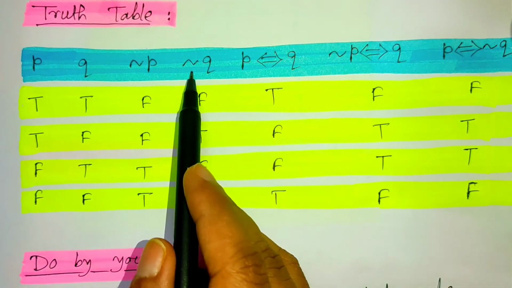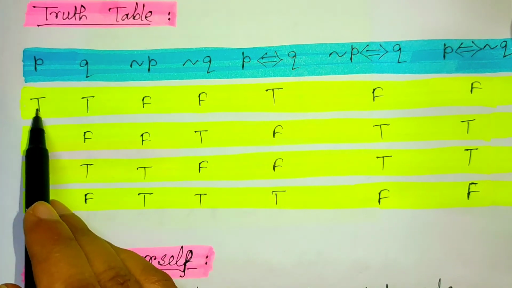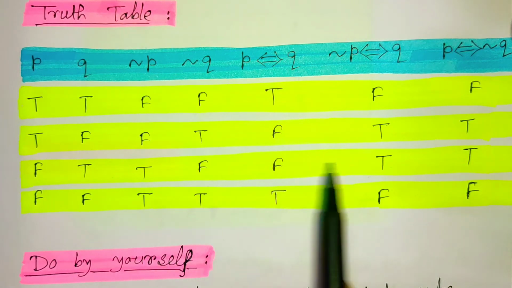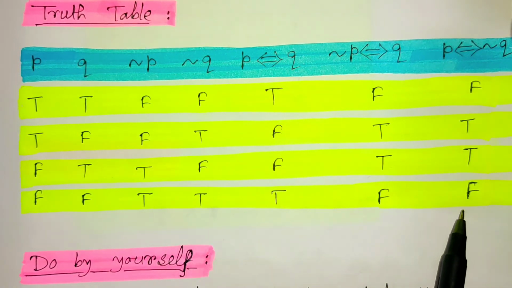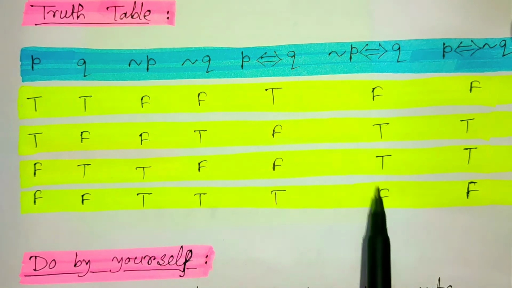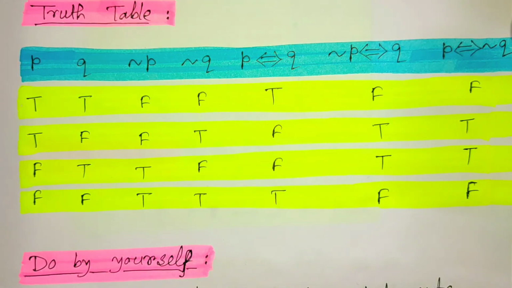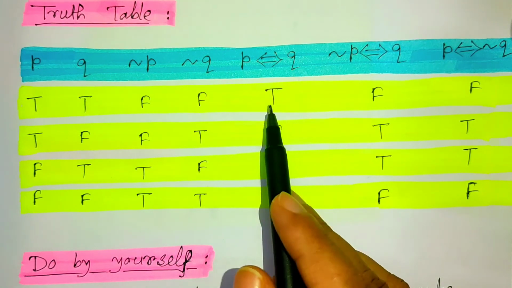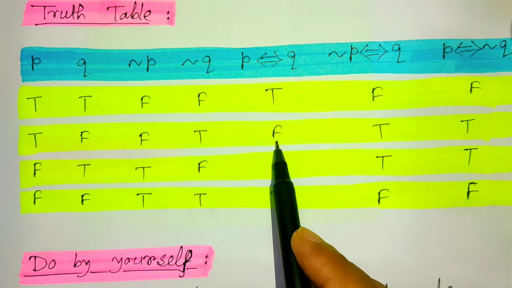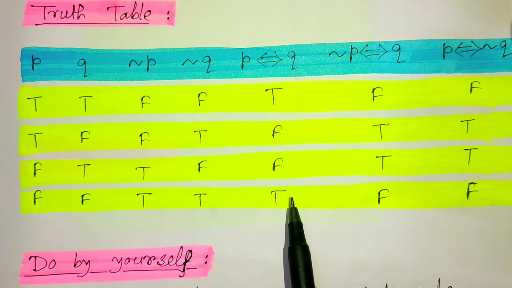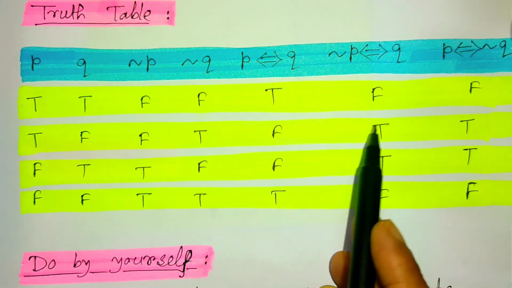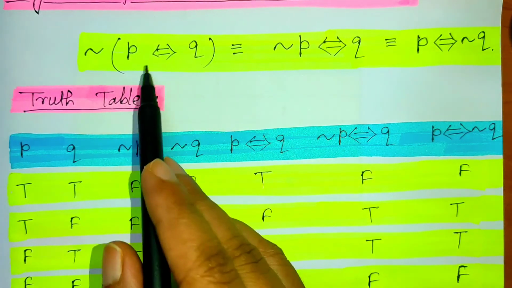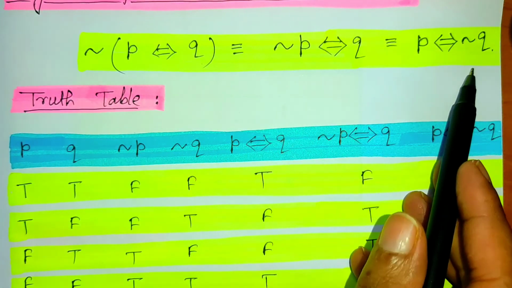Now if we take P implies and implied by not Q, P is this one and not Q is this one. If we compare these two, then it is true and false, so it is false. True and true, so it is true. Then false and false, so it is true, and false and true, so it is false. So you just observe this one and this one, these last two are the same. Not only that, if we take the negation of P implies and implied by Q, then what we shall find out? It is false, then true, and then false, and this one is nothing but the same as these two. So from here we can conclude that the negation of the biconditional statement is equivalent to these two expressions.